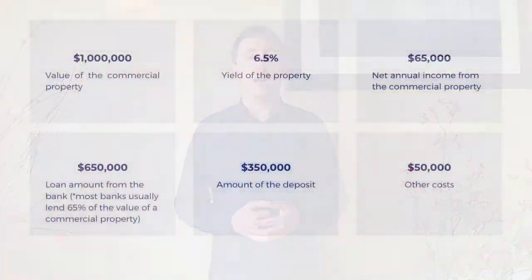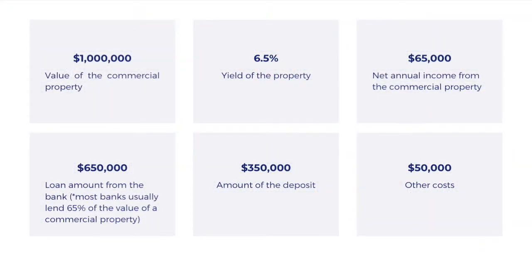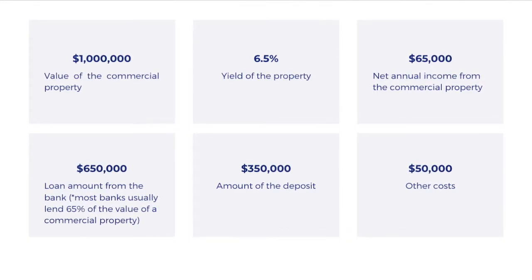Now, the last thing I want to finish up with is the return on investment. The yield that you get on a property is the return that it's getting based on the income, as if you own the property outright. What I want to look at is the typical return on your cash or your equity that you might get investing in, say, a $1 million commercial property. So let's take the example of a $1 million commercial property with a 6.5% yield, which means it's got a net income of